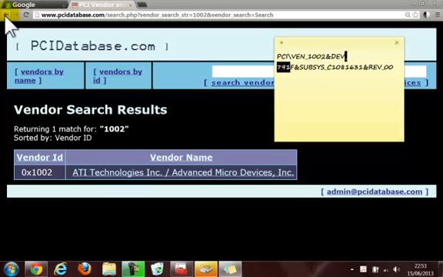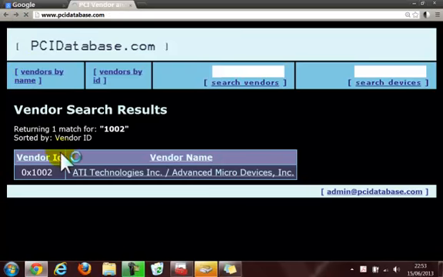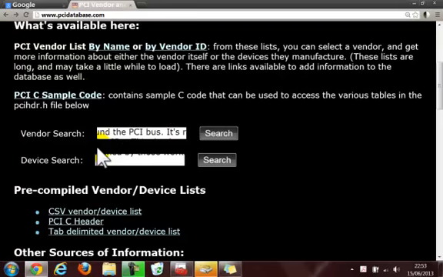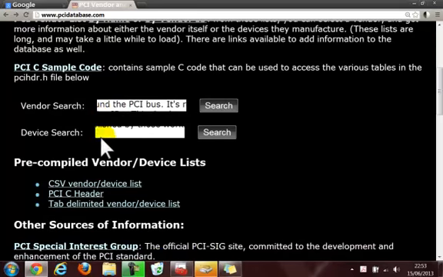Okay, I will copy that ID, go back to the device search and type that ID. Now, by just the vendor I could already download a driver and install it,